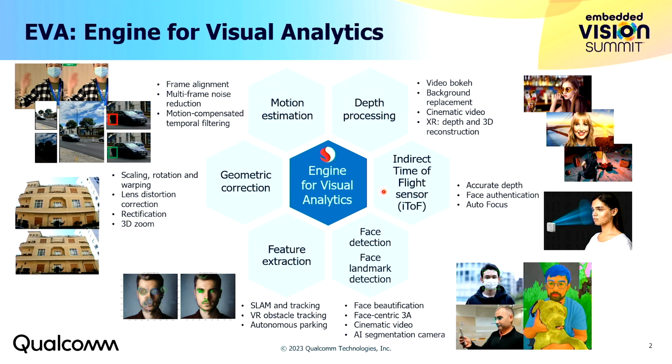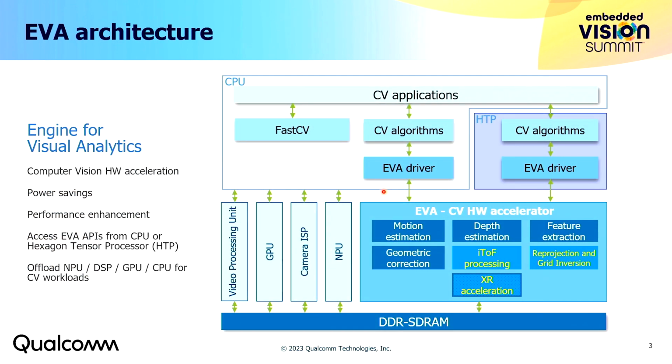All of these areas have been in the block for a while. We're now on version 4 of our block. Last year I was here, I talked about version 3. And we've made improvements in every single one of these areas aside from the face detection area, which I'll go through. So just a reminder for everyone, the EVA architecture, again, it's a fixed function hardware block,